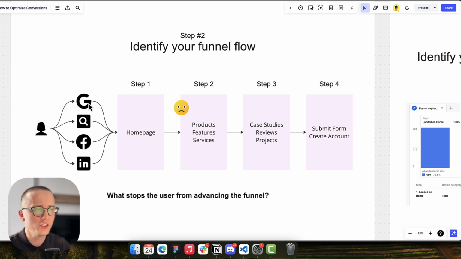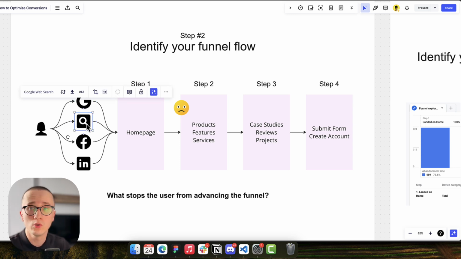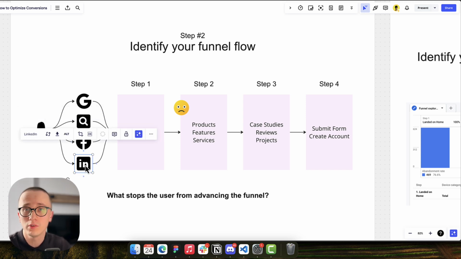Like maybe she came from a Google ad you're running. Maybe she came, let's say, from the Google search. Maybe you're doing SEO. Maybe she came from a Facebook post you made, or maybe from a Facebook or Instagram ad, or maybe she came from LinkedIn, right? Doesn't matter what is the medium or what is the channel, she came to your website. What you want to do next is you want to take Jane on a journey through all of these stages